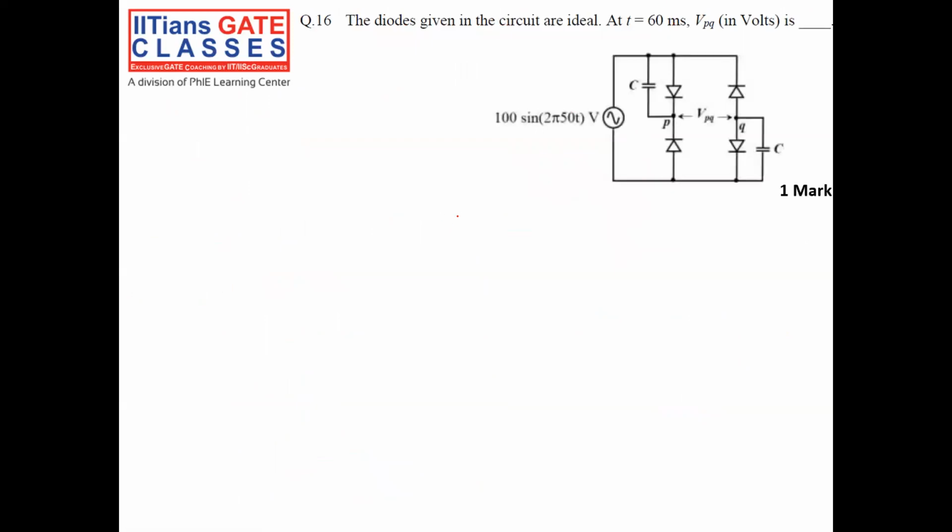In this question, the diodes given in the circuit are ideal. Then at t equal to 60 millisecond,